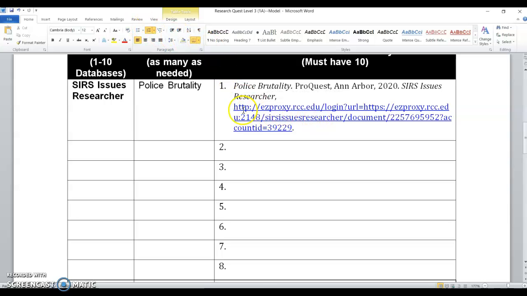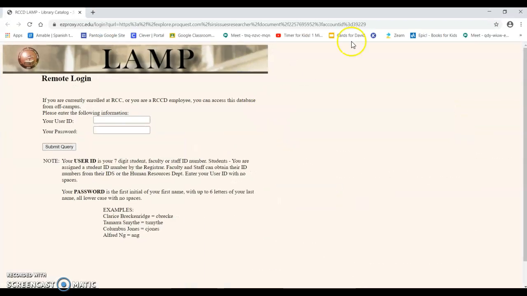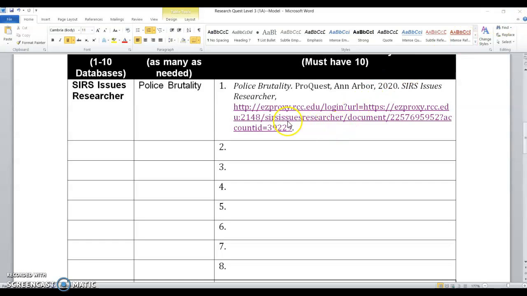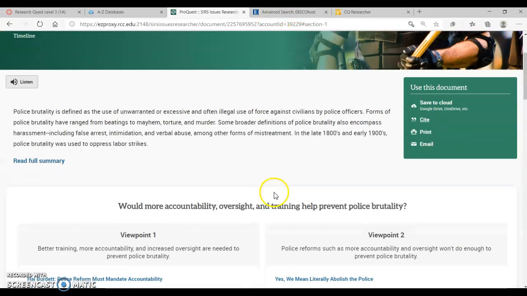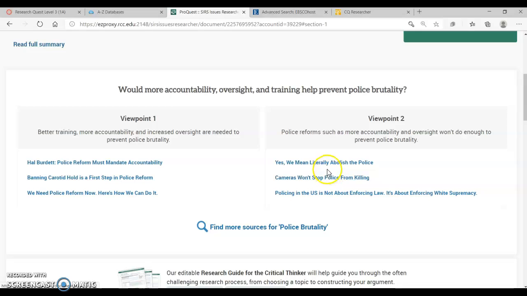Okay, so that's a really good source that I might want to use. And what's kind of nice about it is if you do this on this one, I can Control click and I can reopen it. Now it gives me that because it opened up a new window, but you can get back into that source pretty easily. So when we're doing our research notes, it won't be too hard for you to get in there. Now, that may not be the only thing I want to look at. That is just sort of an overview, but maybe I want to look at